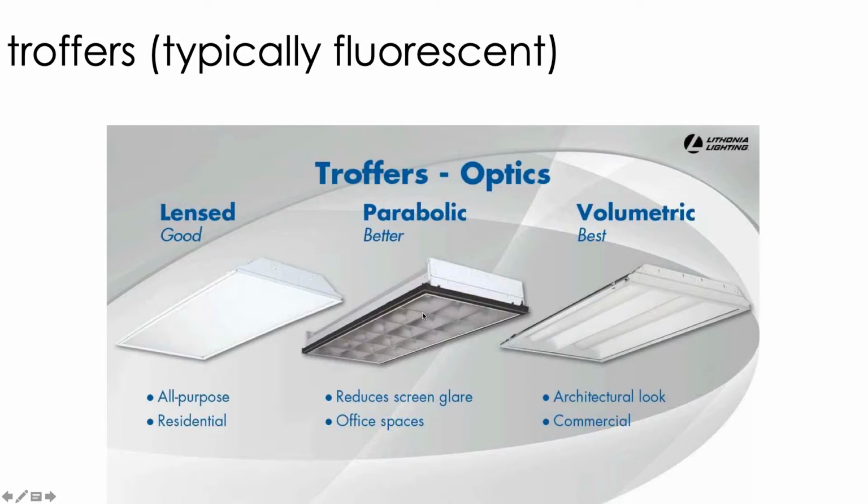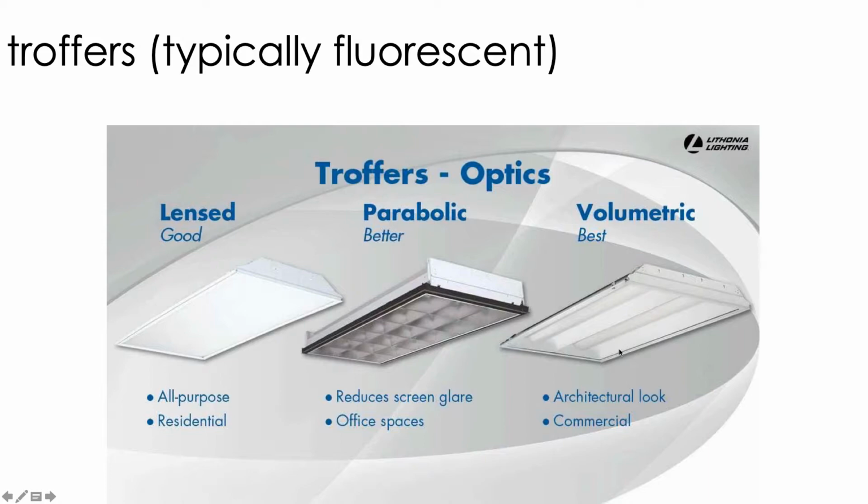An egg crate louver, essentially, is what it is. And it's a parabola in both directions. That does lose a little bit of light bouncing around in the fixture. However, you do have a high degree of efficiency and a very nice amount of baffling. Finally, there are ones that are called volumetric, or up-down lighting is another common name for it, where the light